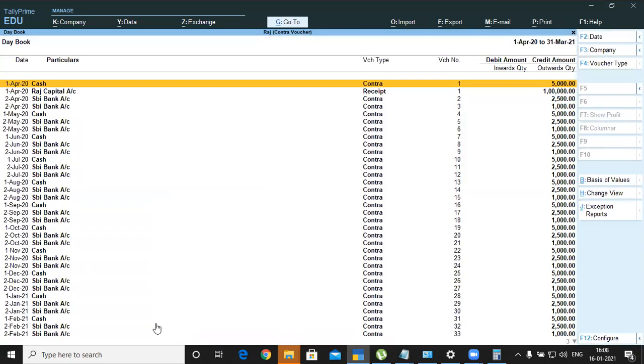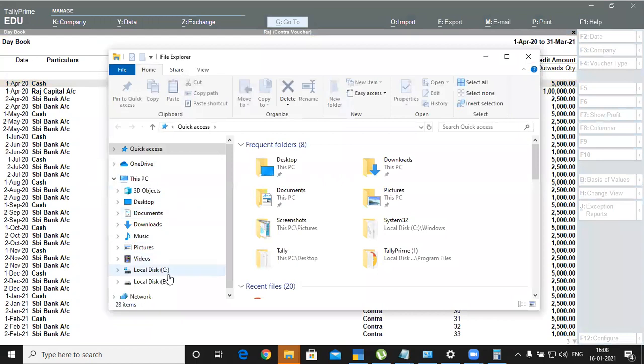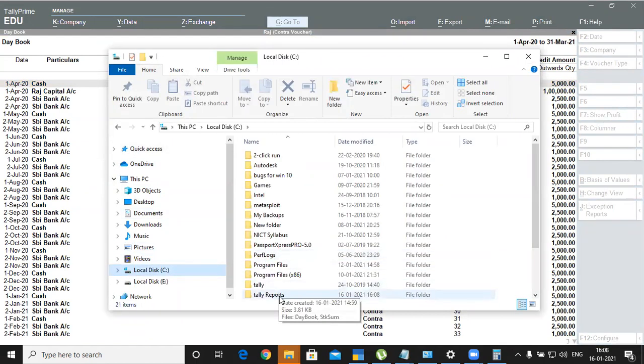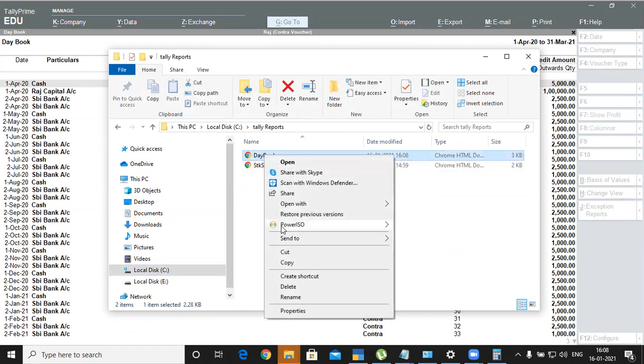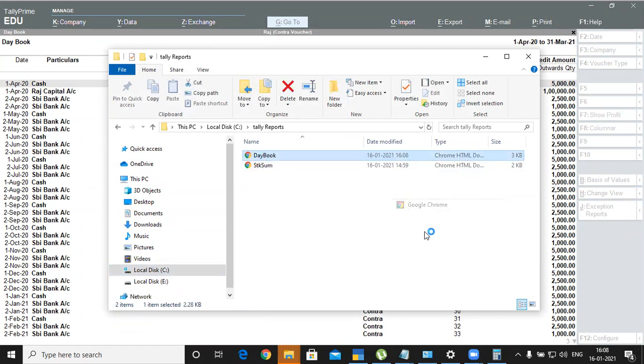It's overwriting, so it doesn't matter. So come back, go to Tally reports, right click on daybook, and open with Google Chrome.